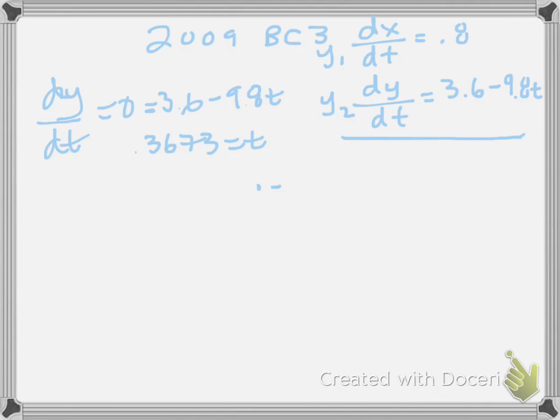So now that we know that, you can find the maximum vertical distance from time 0 to 0.367